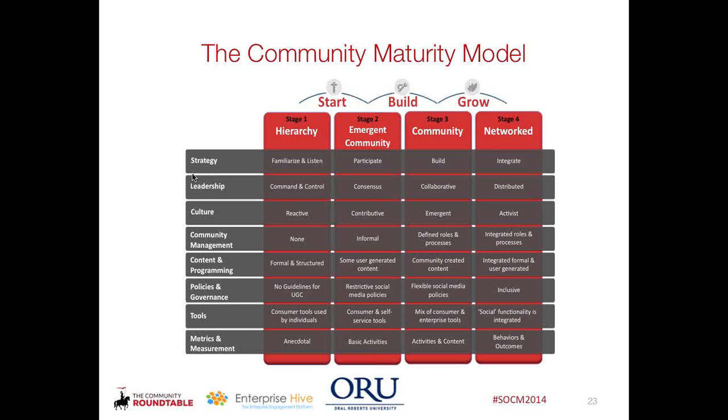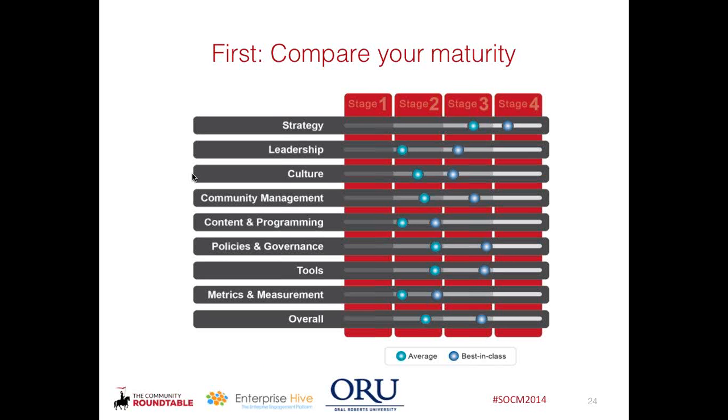So what we did with our research, taking this model, is we compared average and best in class along every competency. So if you look at the next slide, you can see where average and best in class communities are falling in each of these areas. And the encouraging thing for me is that we've gotten universally better at community strategy. If you look, average communities are in stage 3 and the best in class are in stage 4. We've kind of figured that piece out, which is great because it really drives the success of everything else.